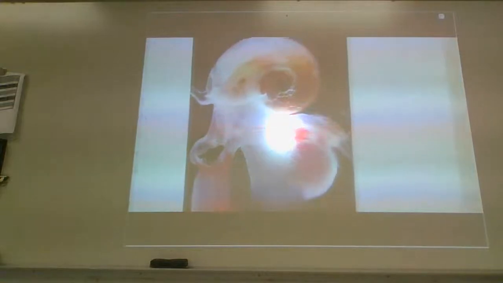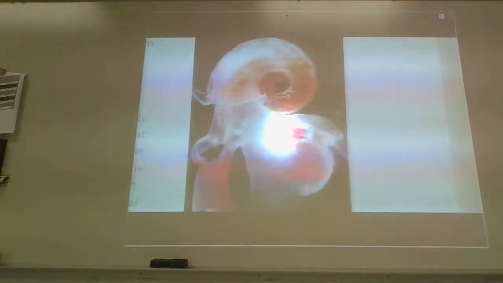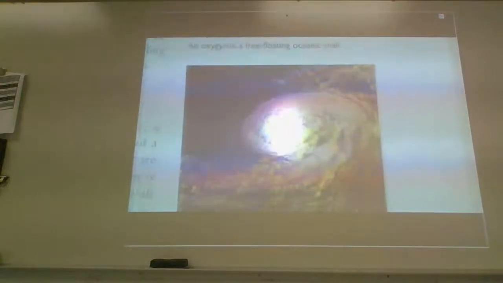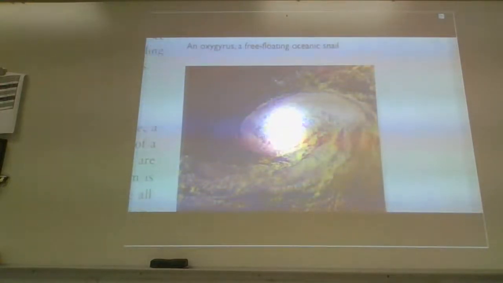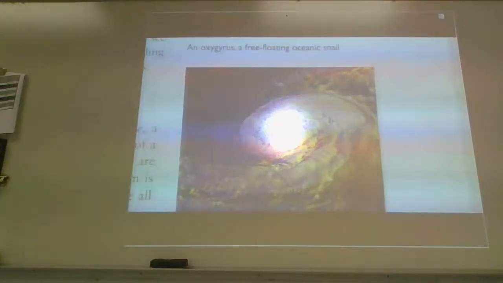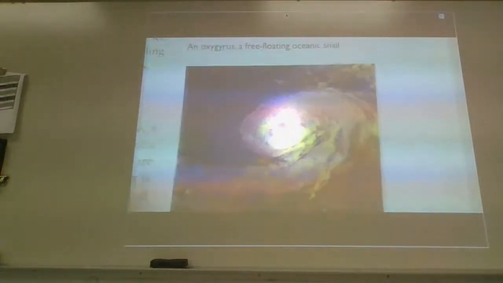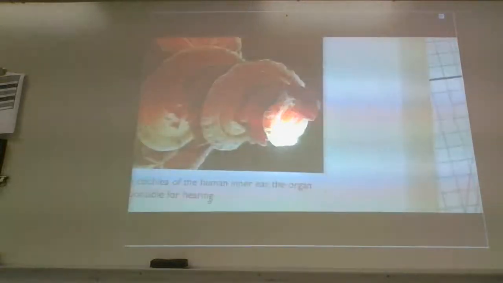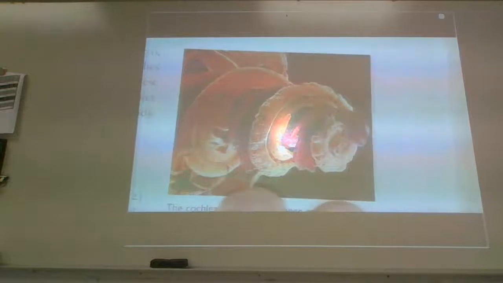And then obviously you're going to see this in a little bit, but here's an example of what they call a free-floating ocean snail with the same kind of spiral in it. But that spiral is also recognized in a spiral of a hurricane. It has the same exact type of spiral where it expands at a ratio of phi. It's absolutely insane. This is the weirdest thing right there. Hold on. I'll cover up what that thing is. There we go.